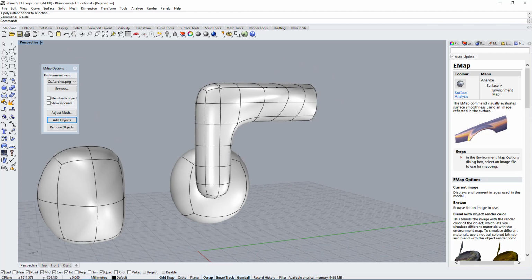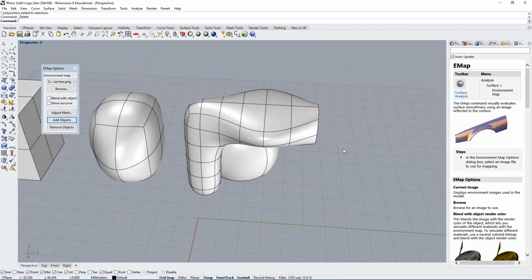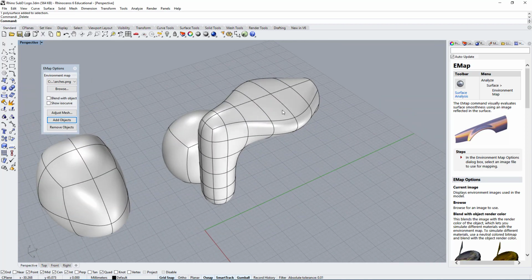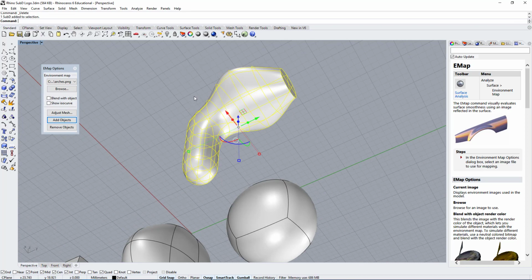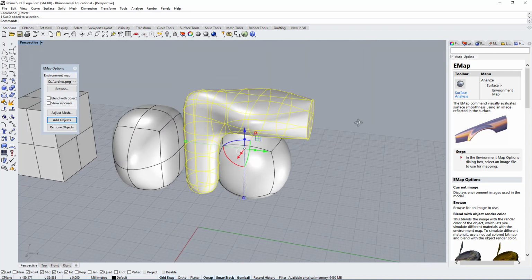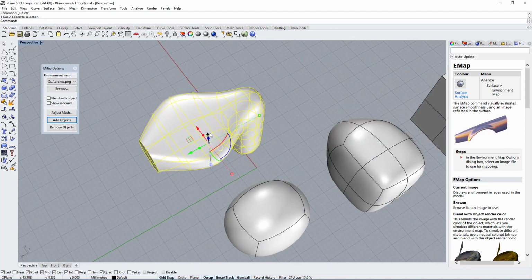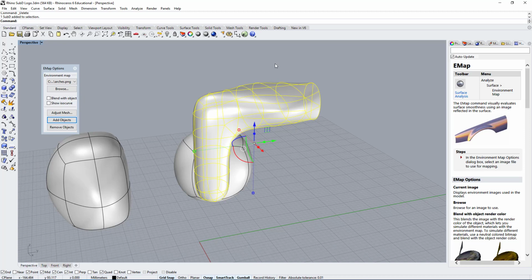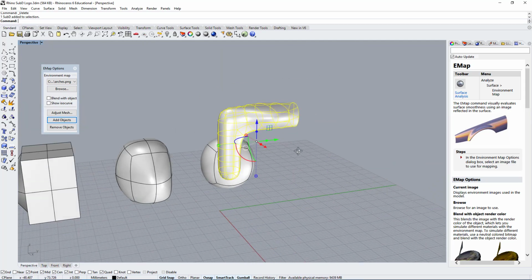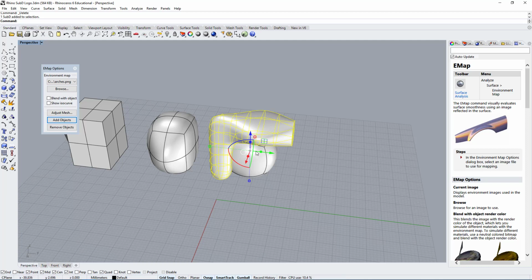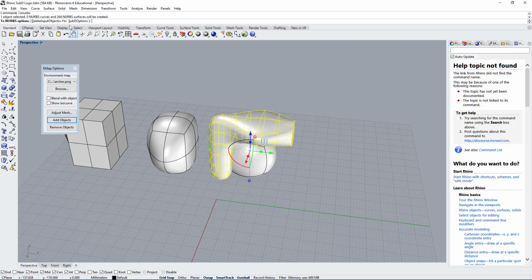So yeah, this is essentially how you work with subds. This is how you create sharp edges, and to get more control you would add more points. So I would like you to play around with this if you have some free time, or you can use some of the other commands if really this is not working for you. But ideally, I would like you to use subd, create organic shapes. It doesn't have to be too complex, you can keep it relatively simple. And then if you convert it back to a NURBS surface using the ToNURBS, you can still use it as part of your project, right?